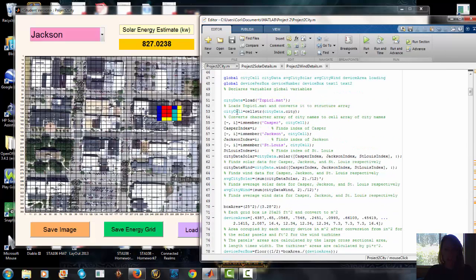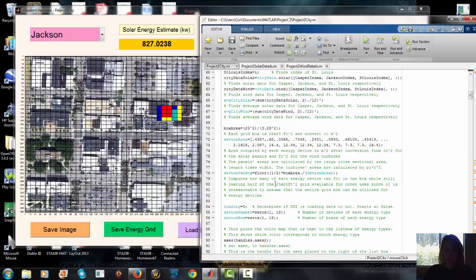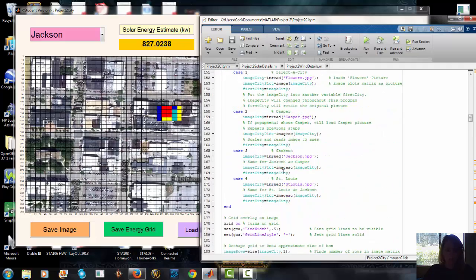Okay, on this line, you'll notice that the data actually will access the given project data that was given to us in order to calculate the city solar information and the wind information. So then we can continue on and calculate the device area and also how many devices will fit per box on our grid. And then as we scroll down further,